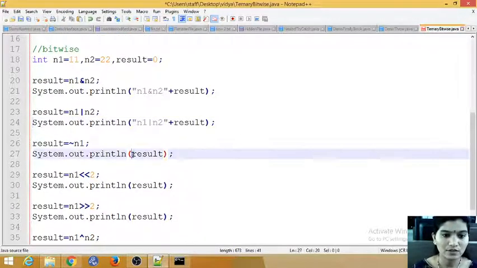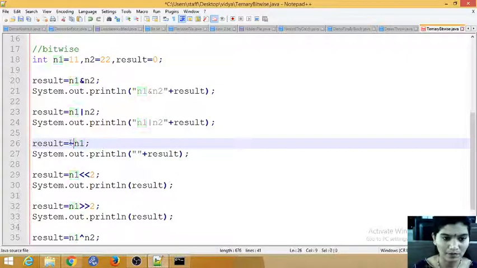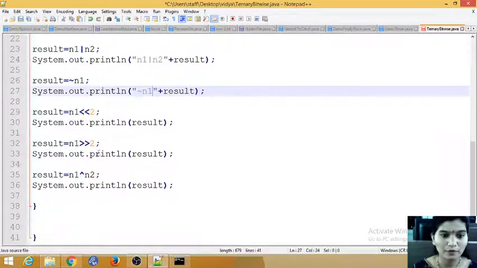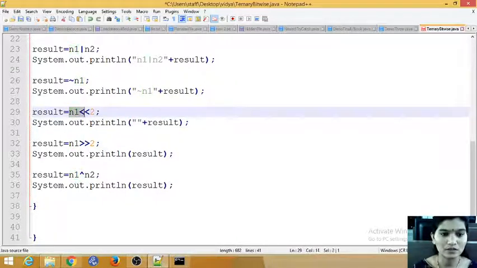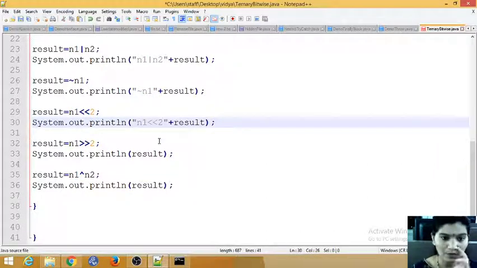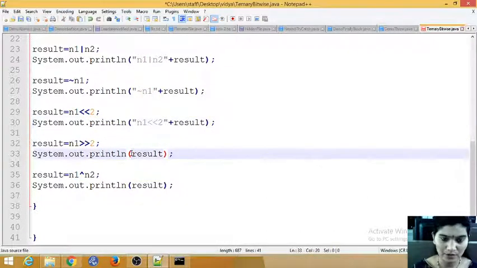Next, double quotes plus, so I am going to use this symbol. For the reference I am just using this one, this shifting, so these operators. Just for the reference I am using these operators.